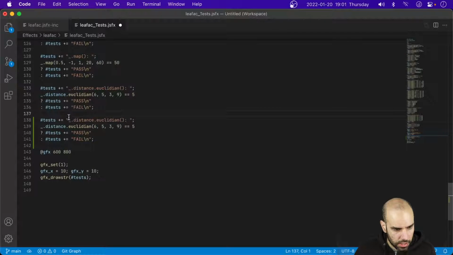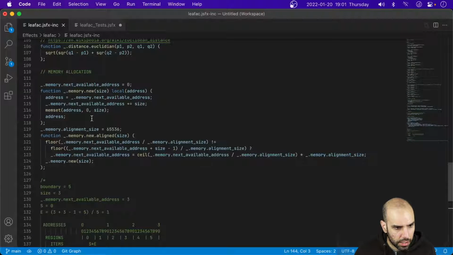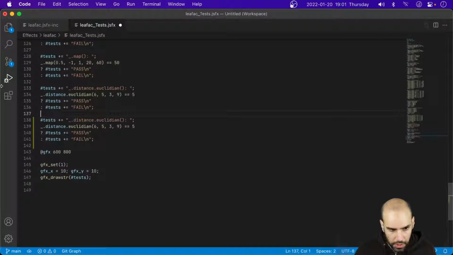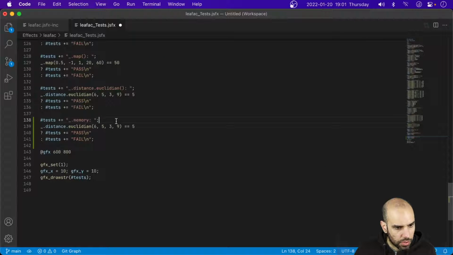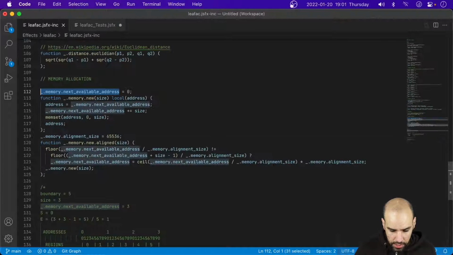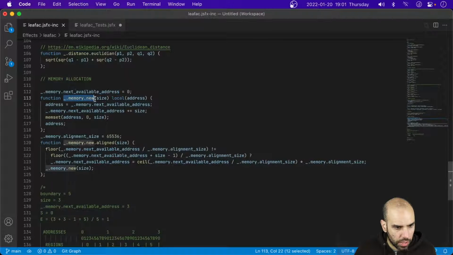And this is going to be, I guess, underscore memory. I'm going to test everything about memory in one place. So let's start with the easy stuff. I'm going to check that that starts at 0. And that when I try to allocate,